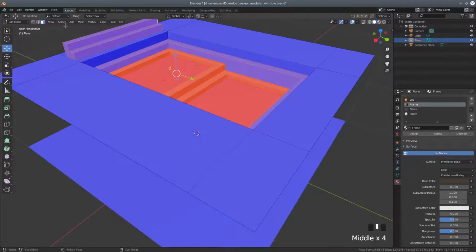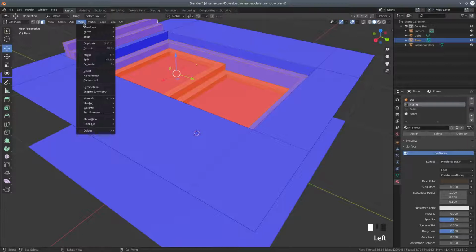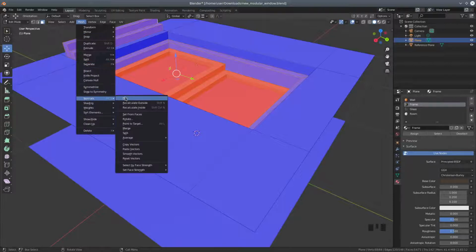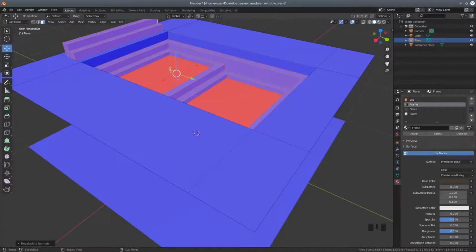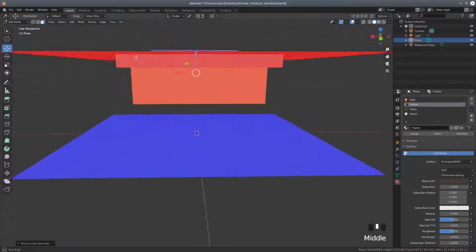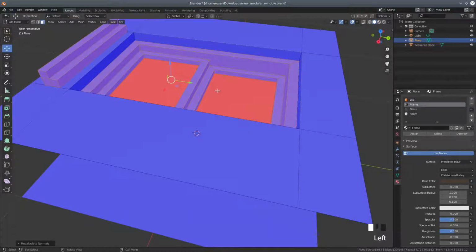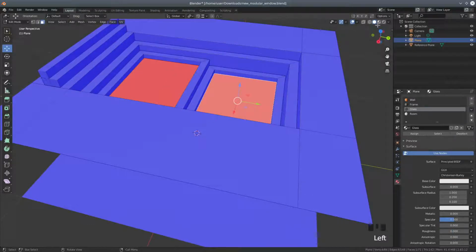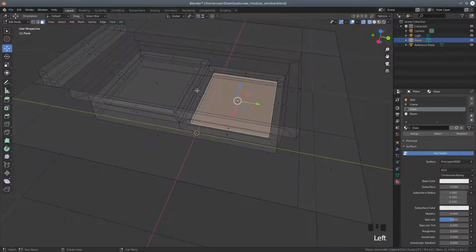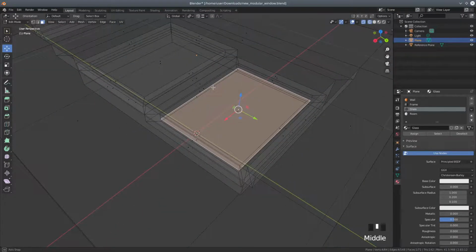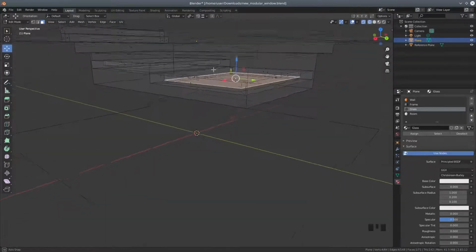So what I'm going to do is I'm going to go up to mesh, and then I'm going to go down to normals and say recalculate the outside. And you can see that our glass pane is not quite right. So I'm going to go back to wireframe. I think that's because,